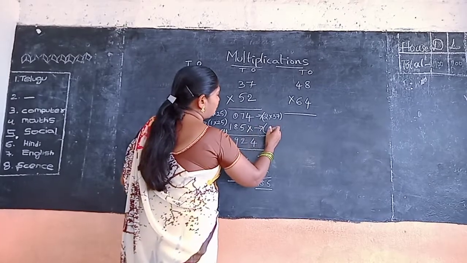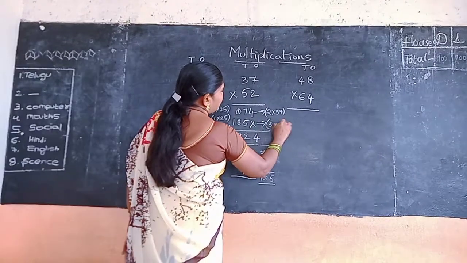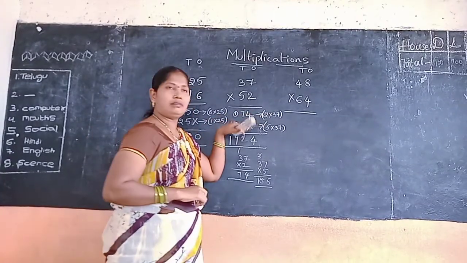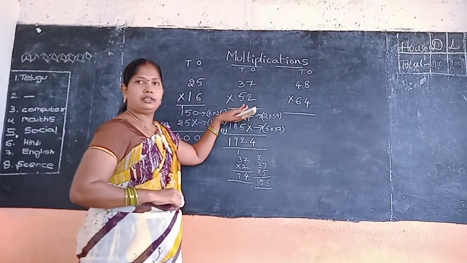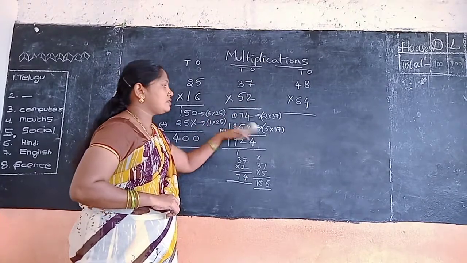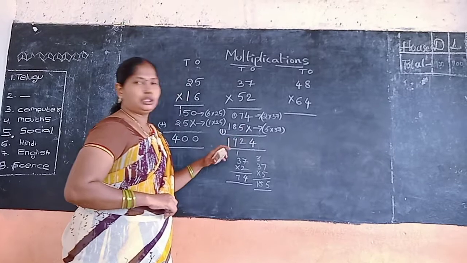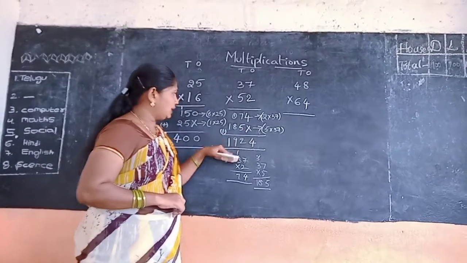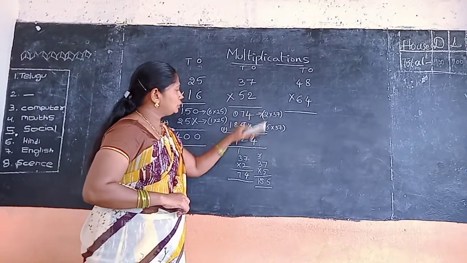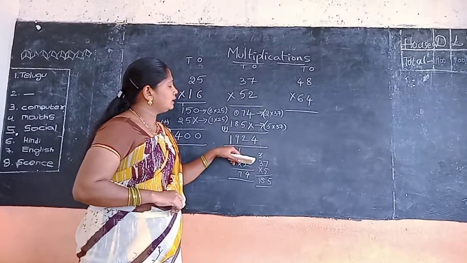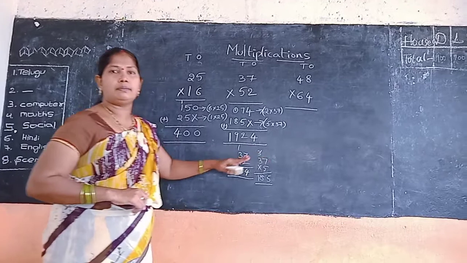First of all you multiply with 2 37s. 2 37s answer is 74. Then you multiply with 5 37s. 5 37s answer is 185. Both, do the addition. This is the multiplication addition. 4, 12, 9, 1. The answer is 1924. This sum is completed.